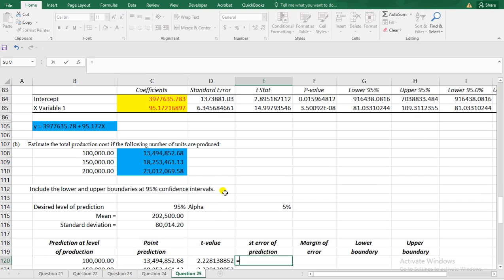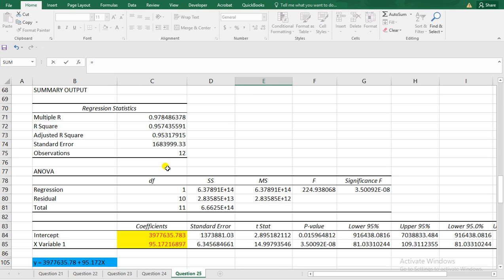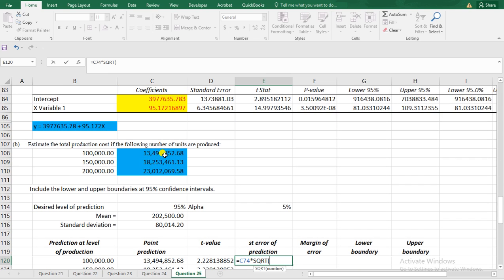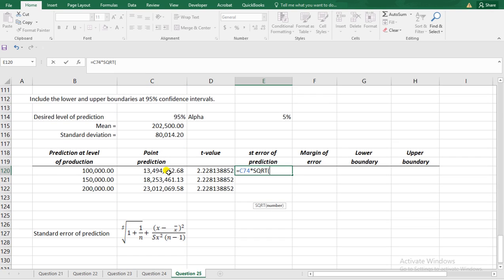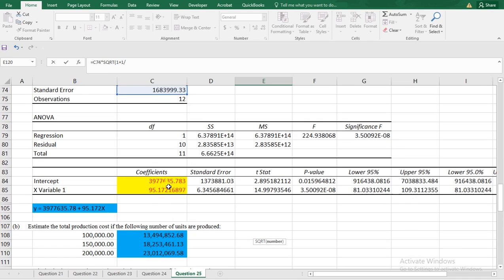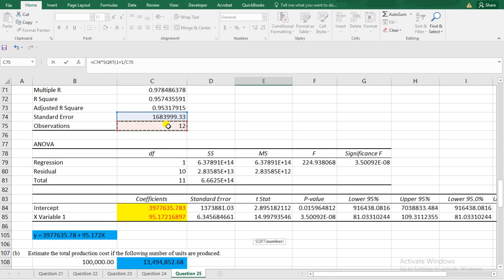So I'll just do equal sign, my standard error, which I've computed at that point, square root, SQRT tab, square root of 1 plus 1 divided by the number of data values, which is our observation, 12,